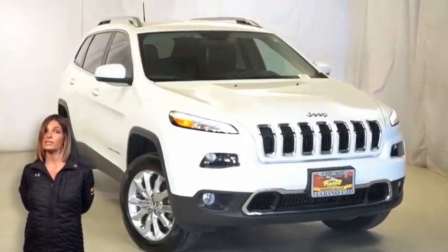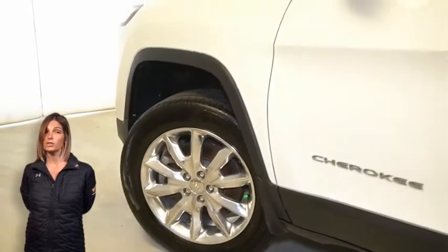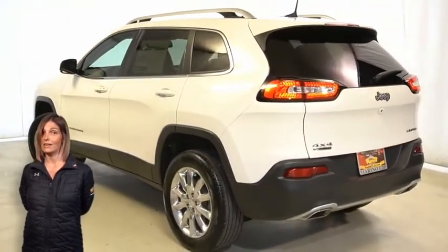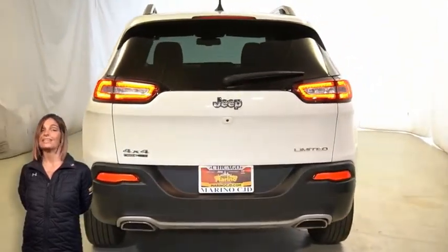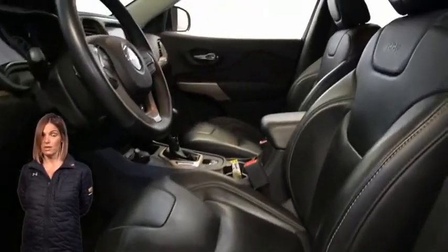With LED daytime running headlamps, 18-inch polished aluminum wheels, power heated mirrors, bright side roof rails, LED tail lamps, bright exhaust tip, heated front seats, heated steering wheel, 25,098 miles on the odometer, 8.4-inch touchscreen display,